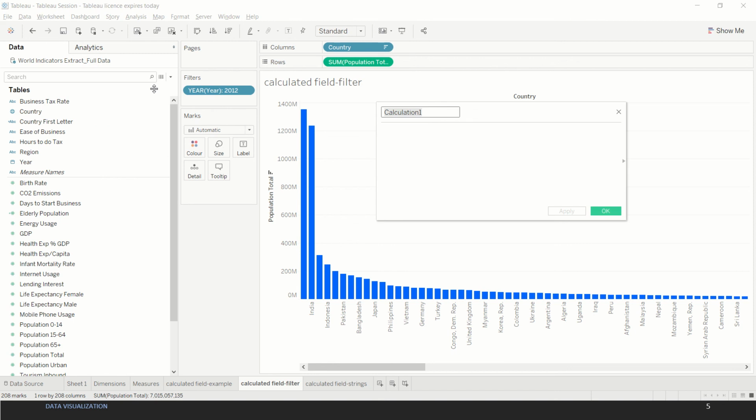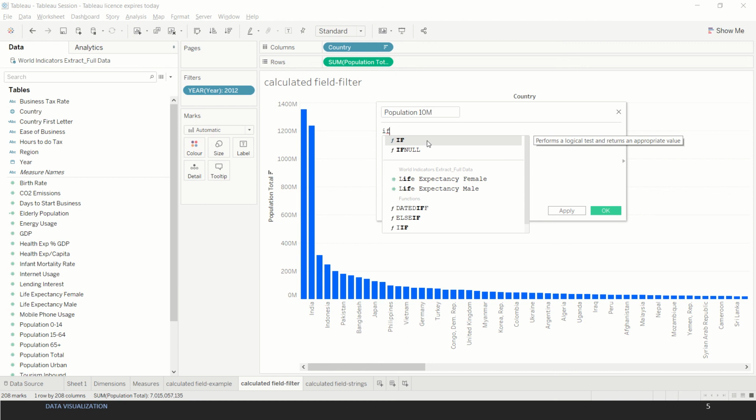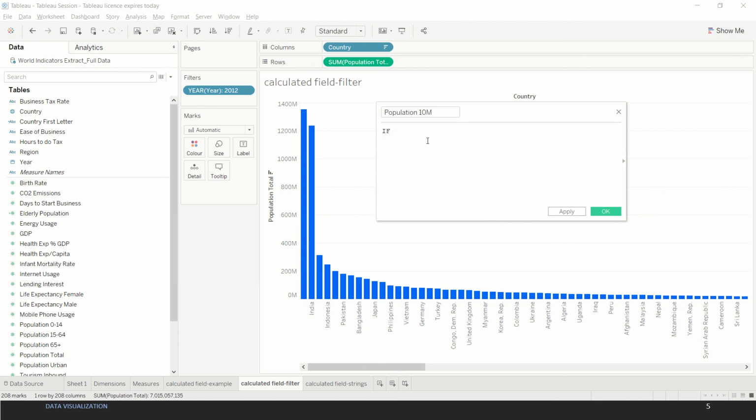So we create a calculated field, and let's name it this time as population 10 million. Now we'll say if, and you see Tableau prompts us with its list of available expressions. So we use this if, and then we want to check the total population.